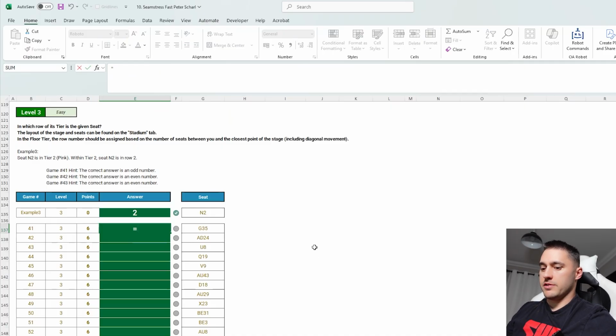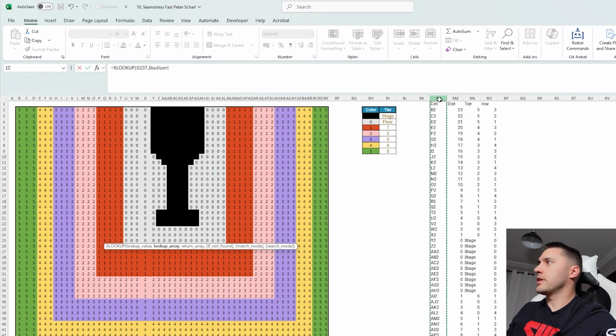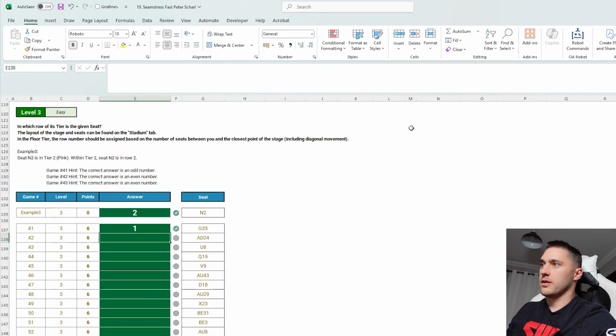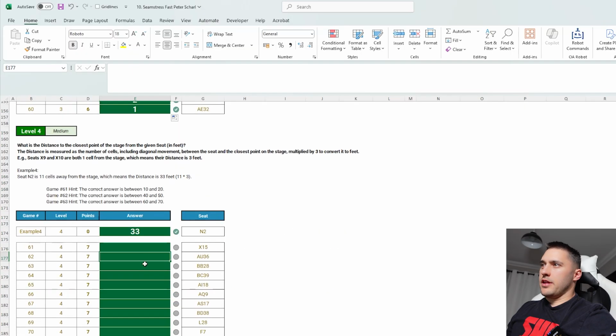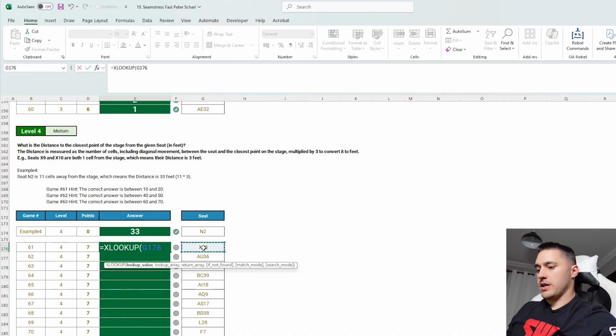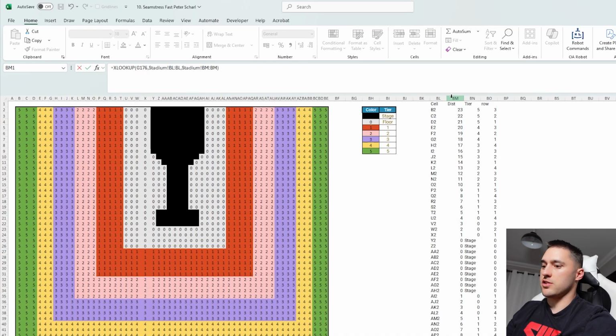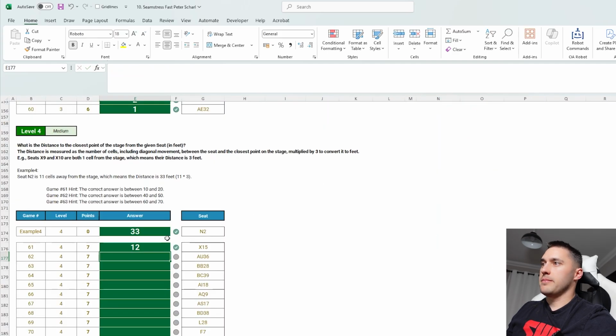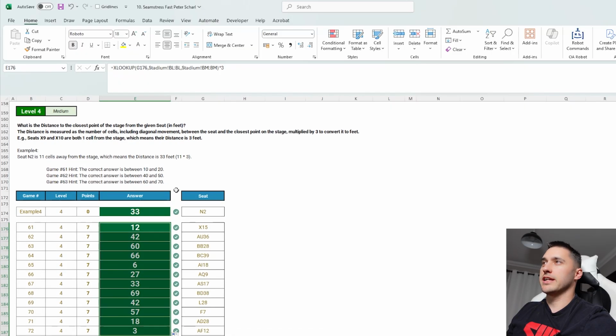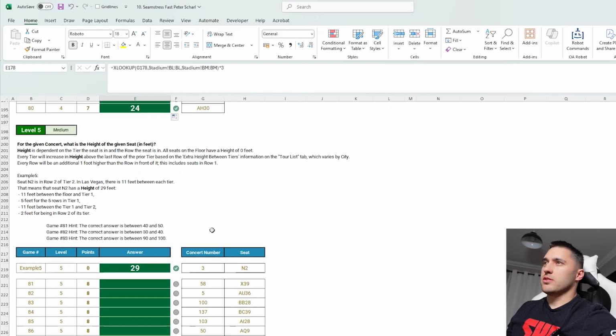of the case. So for this one, we're just going to XLOOKUP our seat in stadium. Here's the cell address, and we want the row. Then for level 4, we want the distance. So again, it's the same thing. XLOOKUP the seat in here, give me the distance, but we actually need to times it by 3. That's just an instruction in the question that the distance needs to be times by 3 to get it into